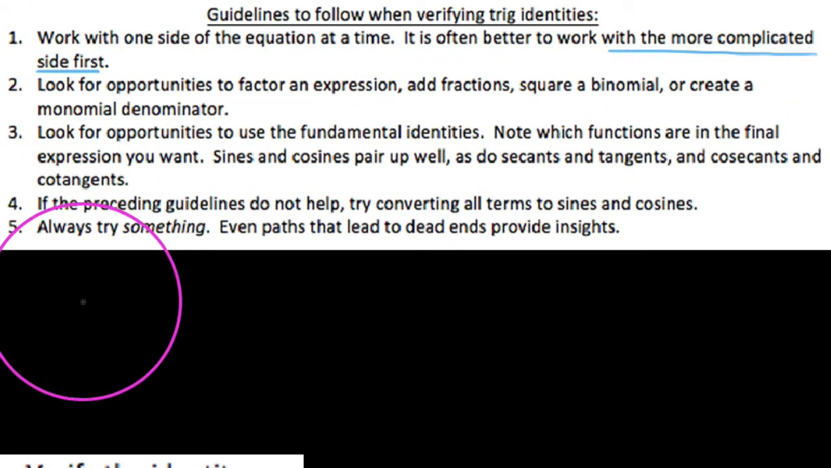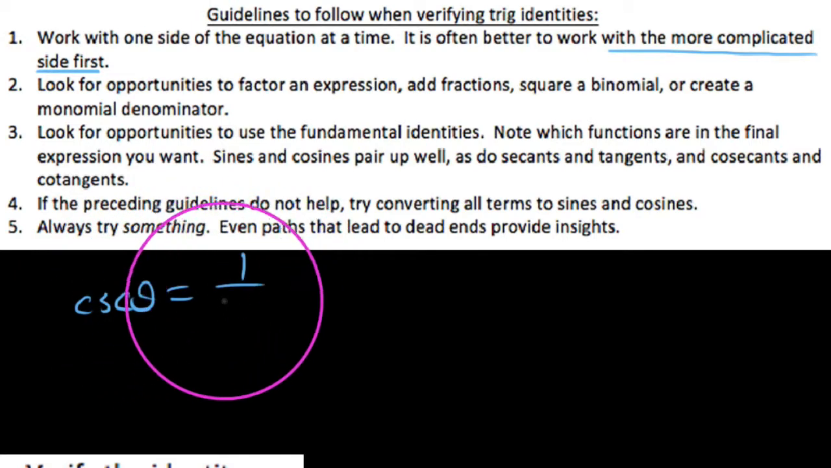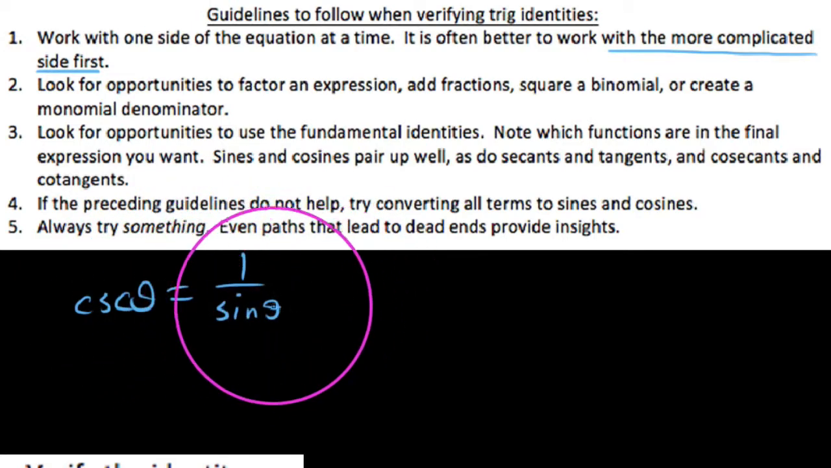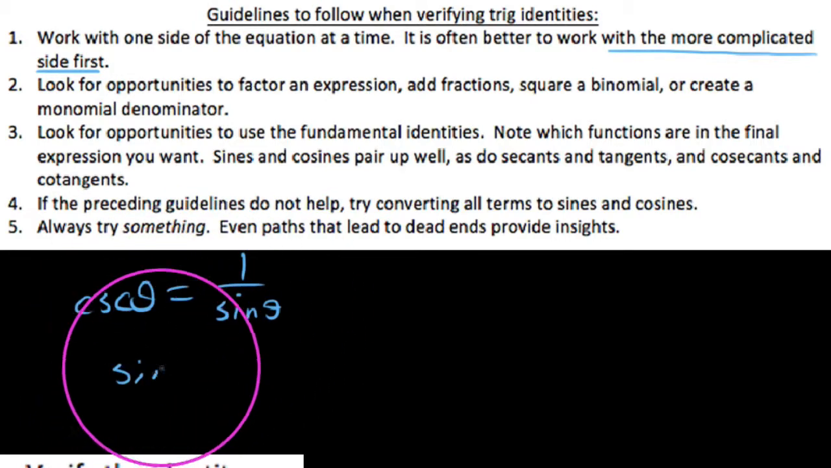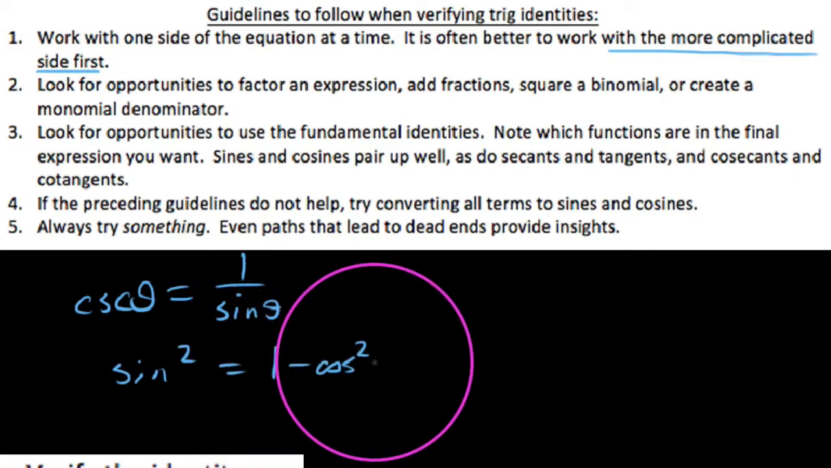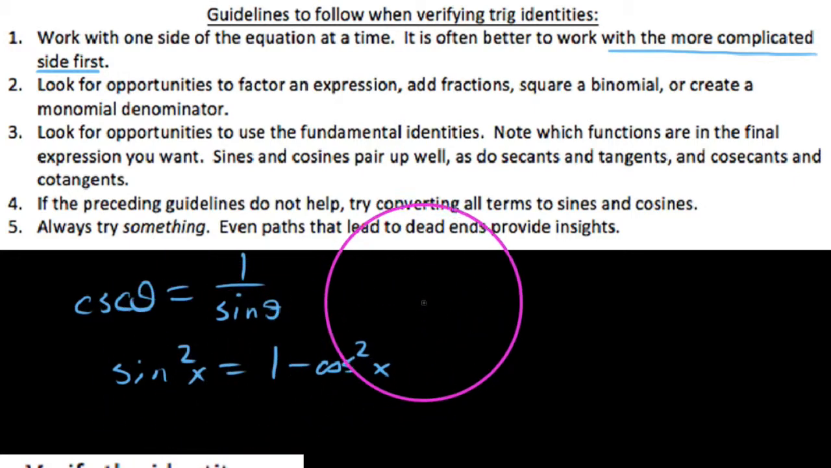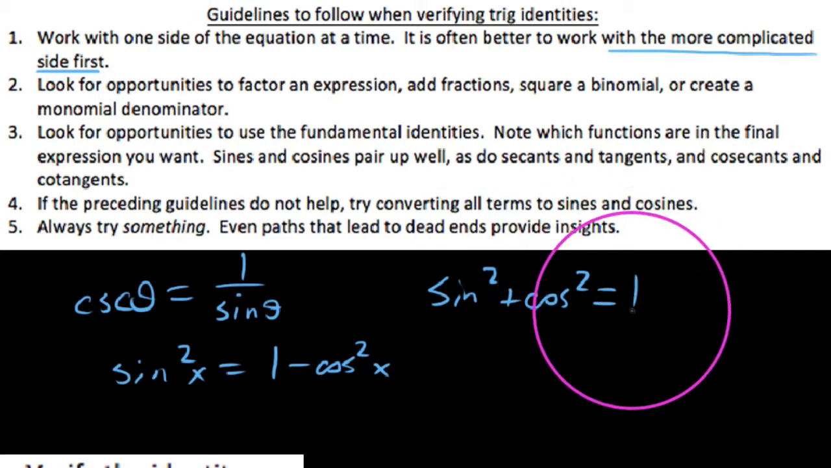These are things like this. If you see a cosecant of, say, theta, we can easily rewrite that as 1 over sine theta by using simple trig identity substitutions. Or if you see a sine squared, we can write this as 1 minus cosine squared of an angle. And the reason why is because we have the Pythagorean trig identity, sine squared plus cosine squared equals 1,